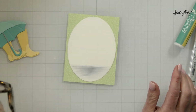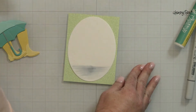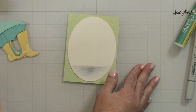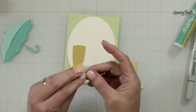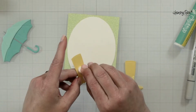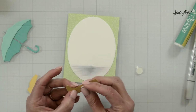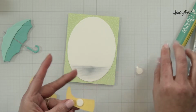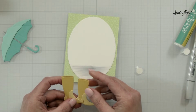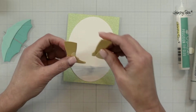Let's see here if I can find, what did Kelley do with... There they are. And I'm reaching all the way across my desk here for my little foam dots. All right. So I'm going to add a little dot to each boot. And it's going to give me some space to tuck the umbrella and the little flowers back in there. And I'm going to put a little glue just on the tip, the toe of this boot. That way I can